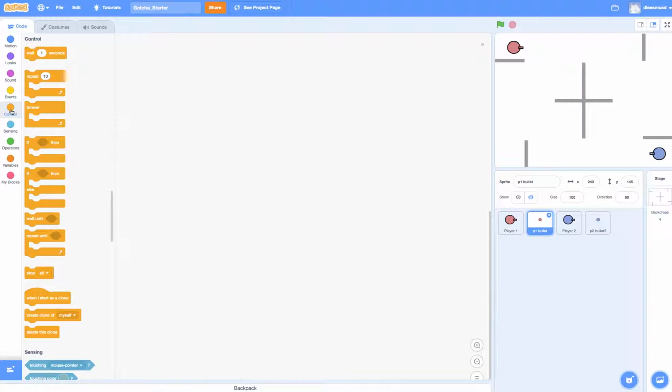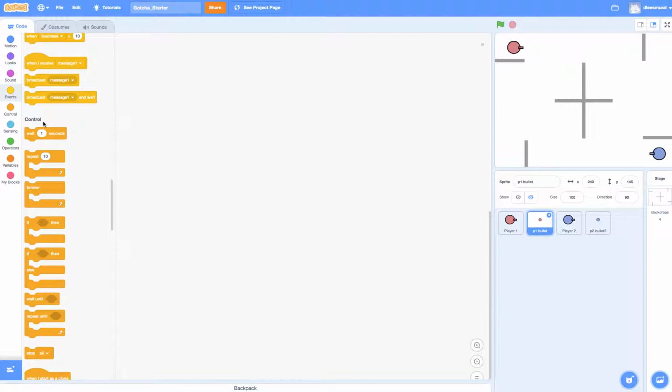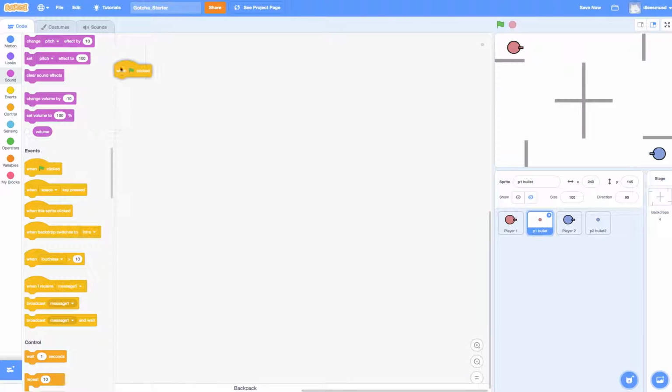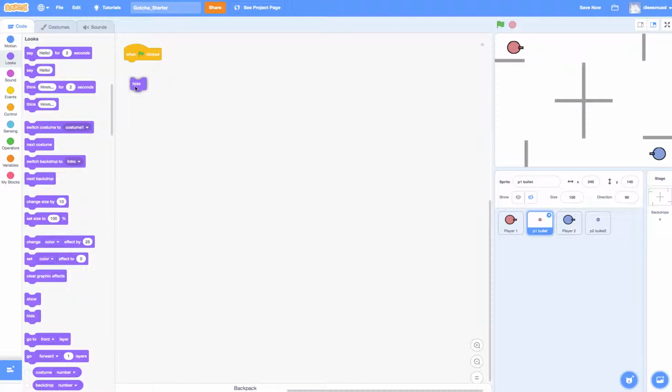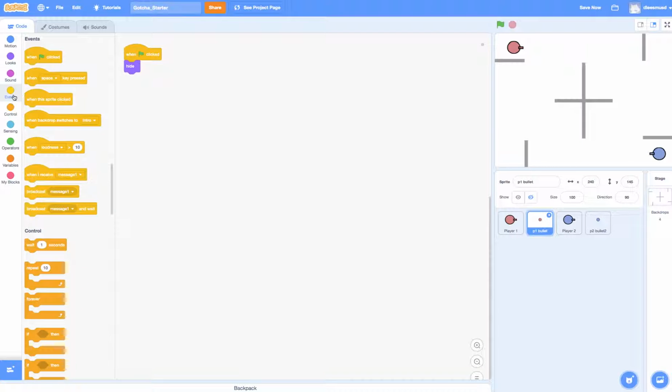Okay, and if you've never used a clone before, the way that this works is we go to events and we set the bullet to hide on the green flag, so the original bullet is not on the screen, and we want to clone the bullet when there is an event. And so for player 1, the event is going to be pressing the spacebar. So if the spacebar key is pressed,